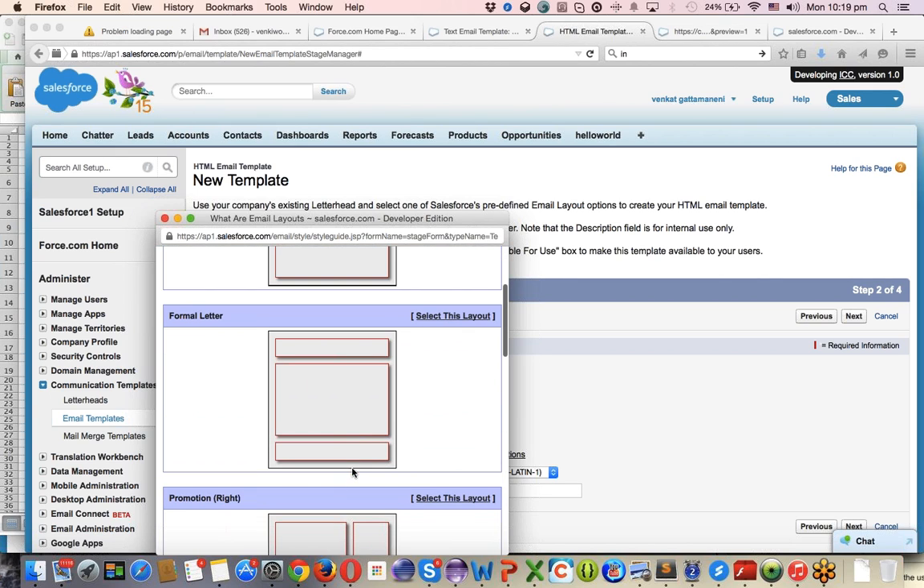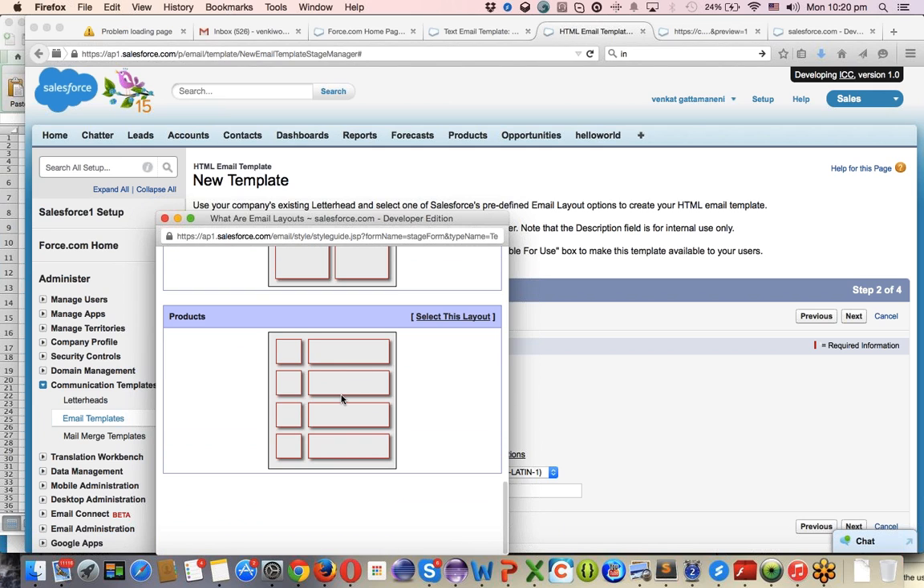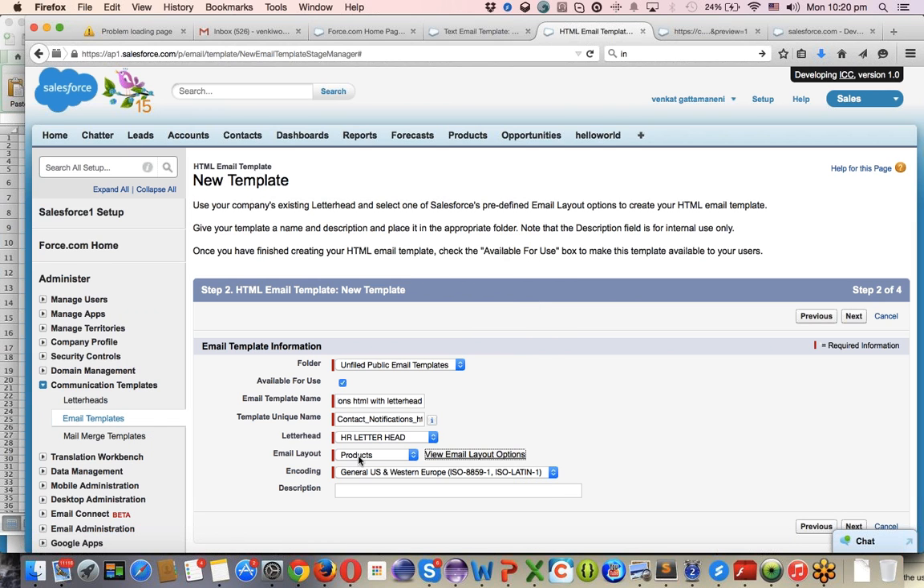For suppose in the current scenario, I want to use this, select this layout, the complex one. I want to use the products layout, which has different icon sections and description sections, and there are multiple things in that layout. Now it's already having a letterhead which has some logo and footer with different colors,